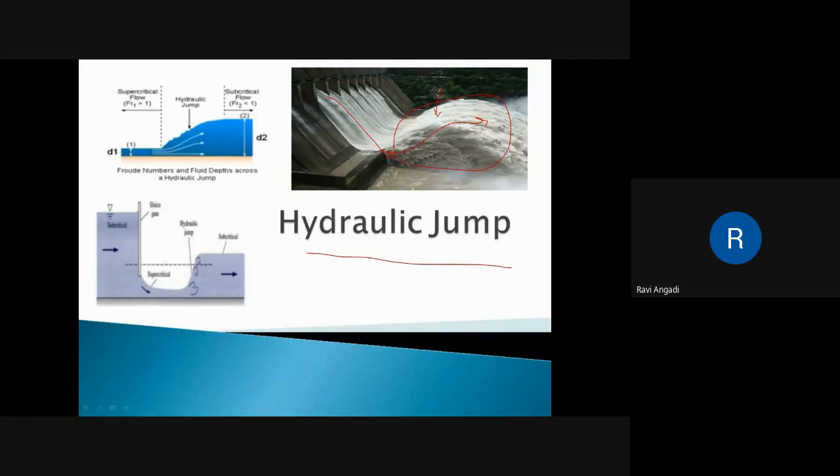It is a must in hydraulic structures that we need to produce a hydraulic jump, and why? What is the use of this? We'll discuss, and we will also calculate and derive the equation for this. Whenever the flow is over the spillway, it is supercritical flow, right? If the depth is very less here, the flow velocity is very high. That is what we call a supercritical flow.